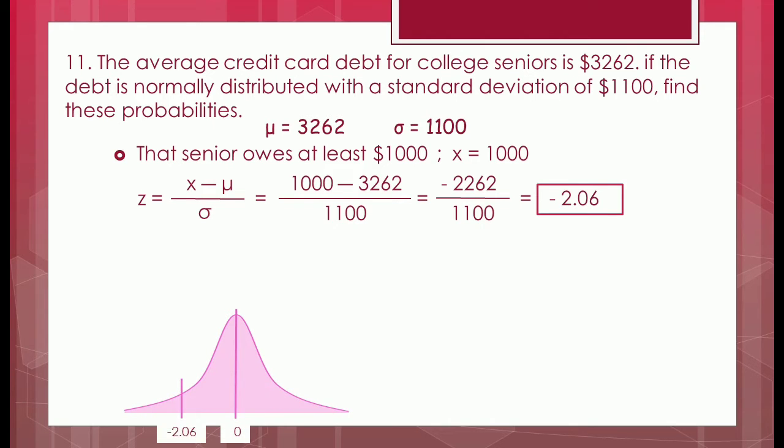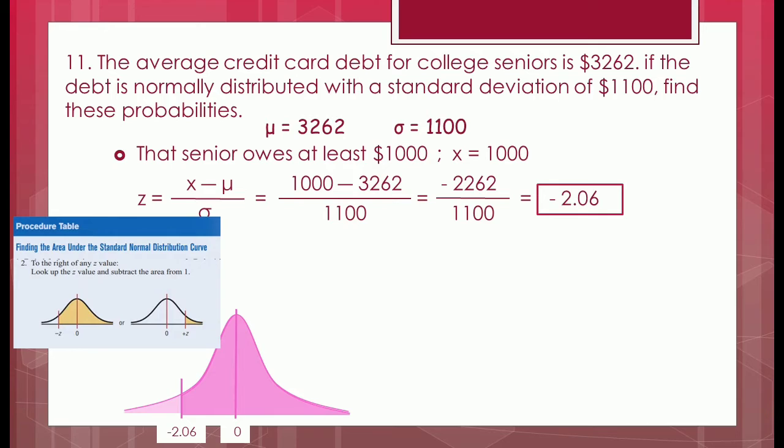So, on the distribution curve, since we're looking for a senior who owes at least $1,000 and z is equal to negative 2.06, then the part will be at least negative 2.06, the shaded part on the right. And based on the procedure table, finding the area under the standard normal distribution curve, to the right,